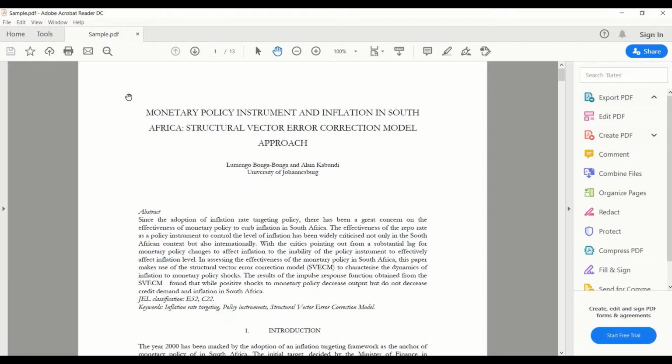For this there is a very simple procedure which can be done with various PDF viewers. I'll be showing it to you with two PDF viewers: one is the Adobe Acrobat Reader and the other one is the Google PDF viewer. Here I have a PDF file of 13 pages and I want to extract a few pages from within, for which I'll go to the File tab and click on Print.